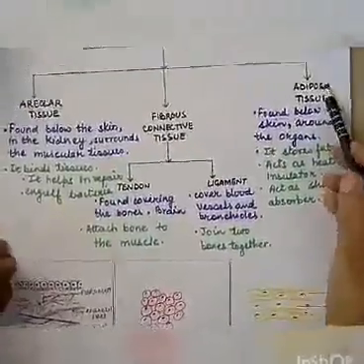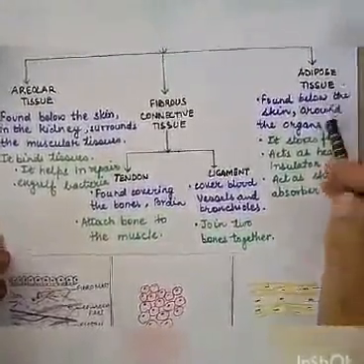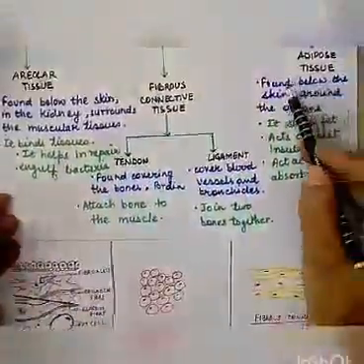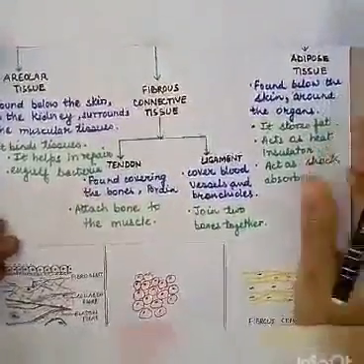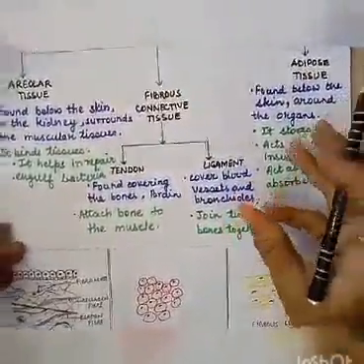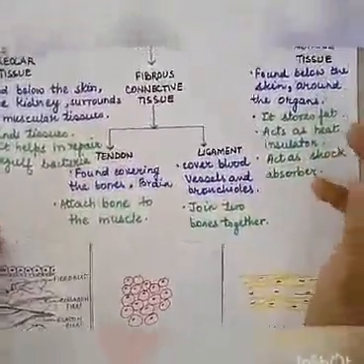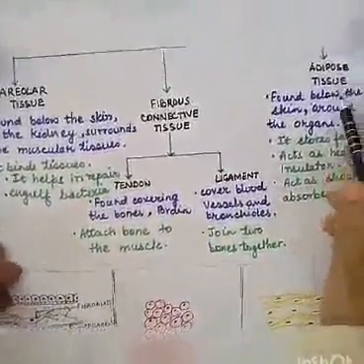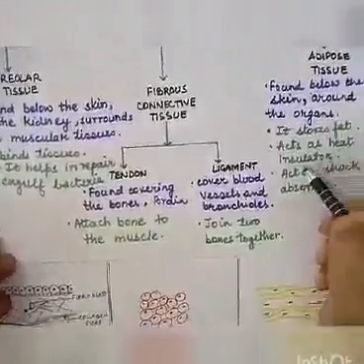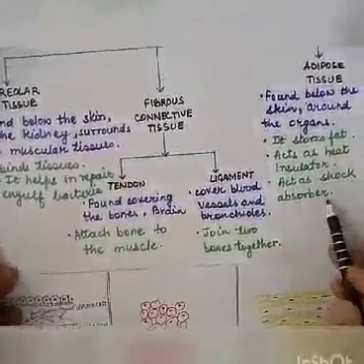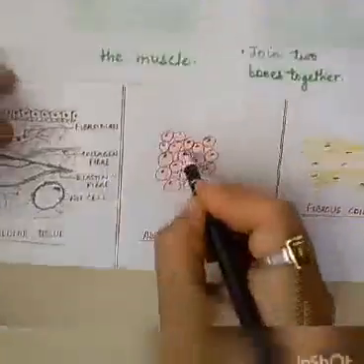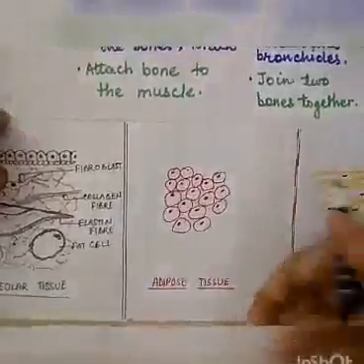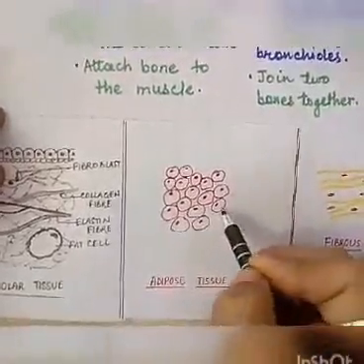And the third type of connecting tissue is the adipose tissue. Where do you find adipose tissue? Below the skin, you find the adipose tissue. Around the organs, you see all the organs are surrounded by adipose tissue, which acts as a shock absorber. These are the three functions of the adipose tissue. It stores fat, it acts as a heat insulator, and it acts as a shock absorber. These are the adipose cells, and this is the nucleus, and here the excess fat which we intake is stored in this adipose tissue.